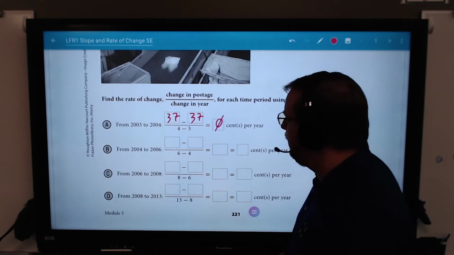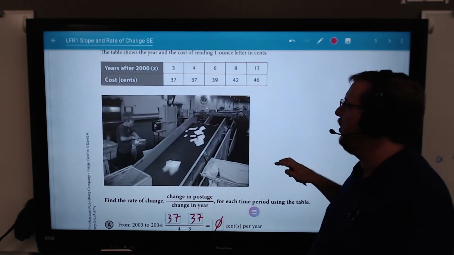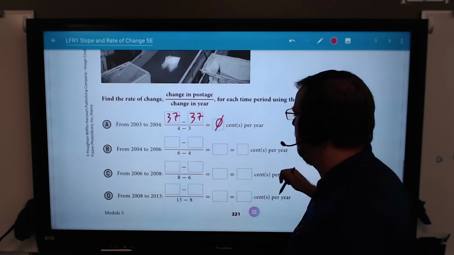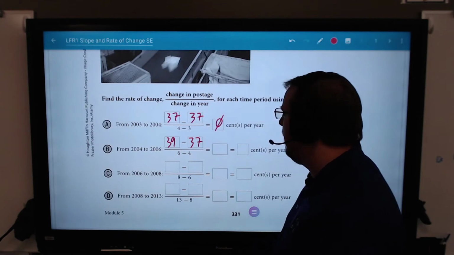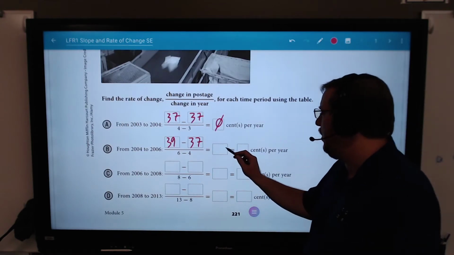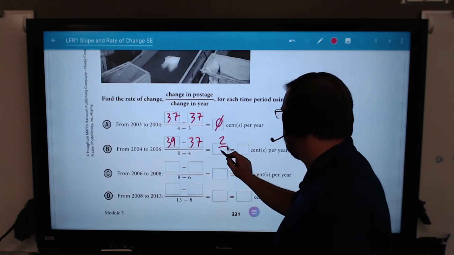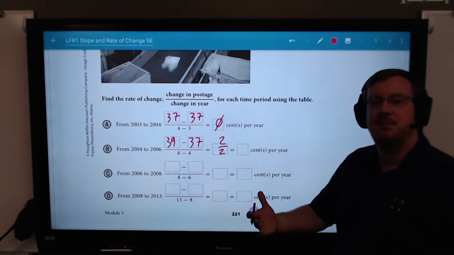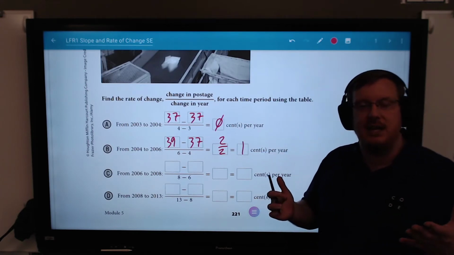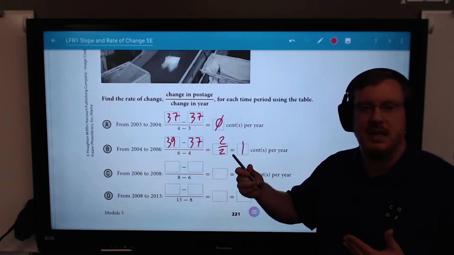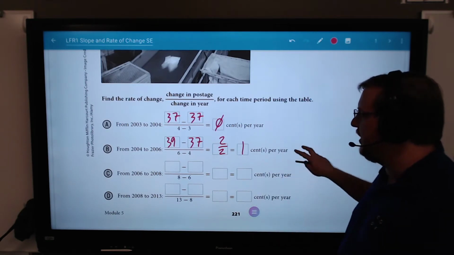Let's go from 2004 to 2006. So in 2006, our table tells us it was 39 cents. So it goes to 39 cents from 37 cents, which means it's gone 2 cents. It's increased by 2 cents over the course of 2 years. We can simplify 2 over 2 to 1 over 1 or just 1. So the average increase between those 2 years is 1 cent per year, if you look at it as an average. From 2006 to 2008,